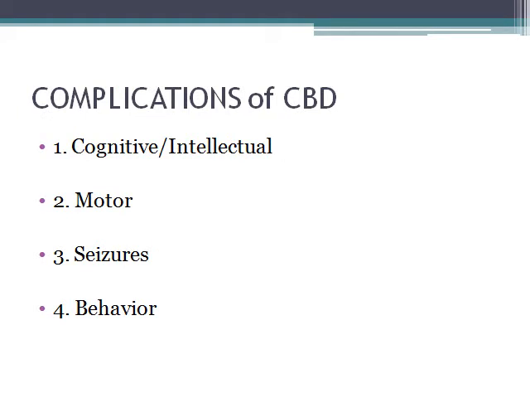If a person has a chronic brain disorder, there are four major clinical complications that can result from the chronic brain disorder, regardless of the cause and the age of onset. And these four categories of symptoms fall into these four areas of cognitive, motor, seizures, and behavior. So a person with Alzheimer's disease or a person with Down syndrome can have cognitive problems, they can have motor problems, they can have seizure problems, and they have behavior problems.